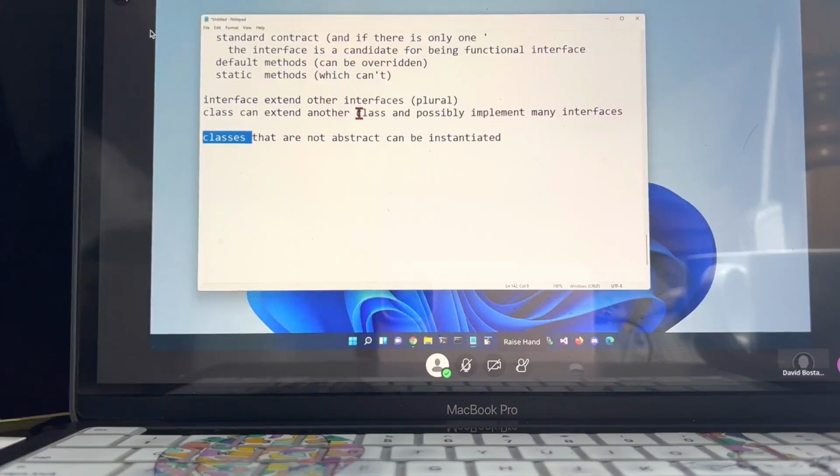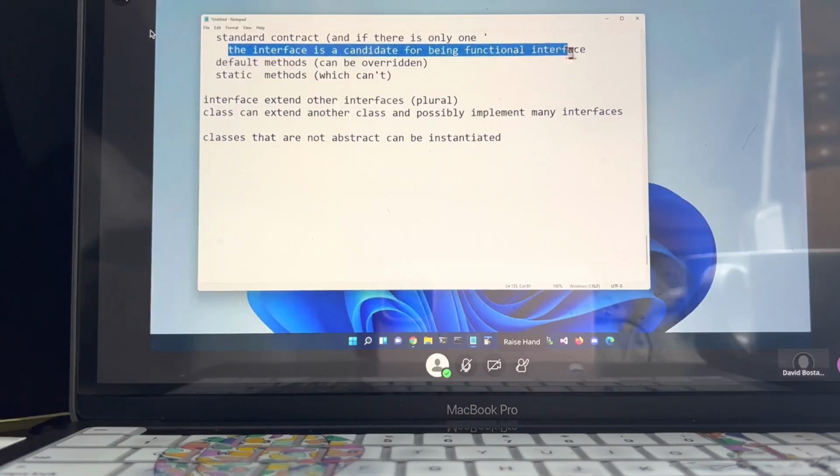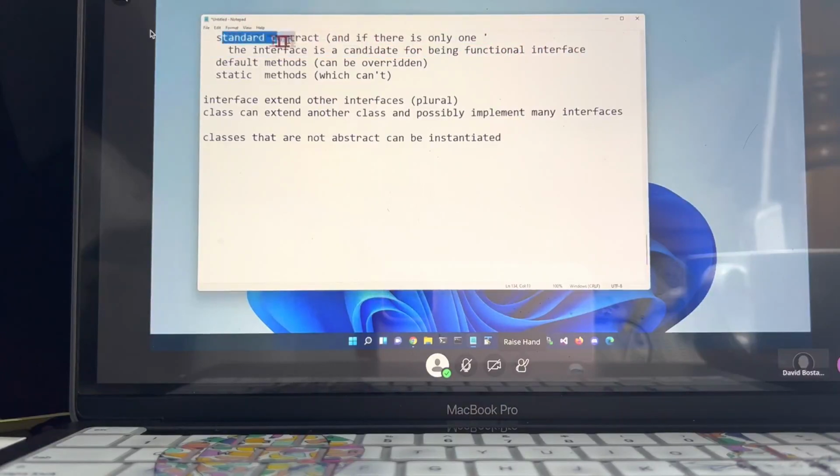But any class can implement many interfaces, because interfaces don't have any implementation inside their standard contract.